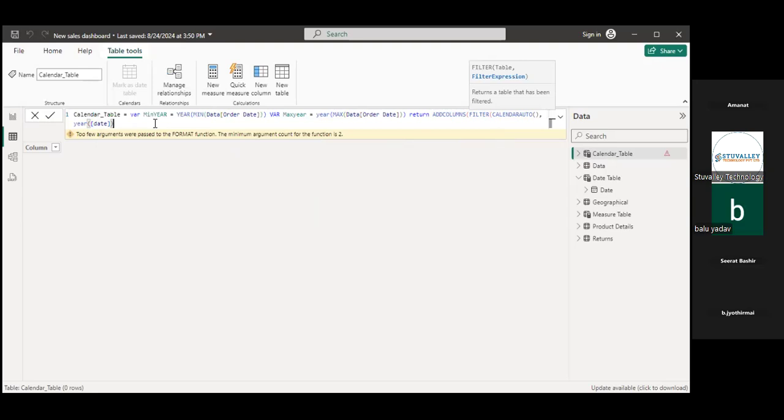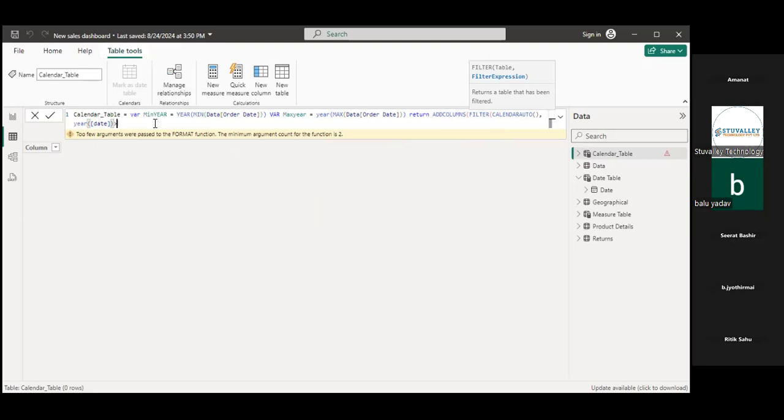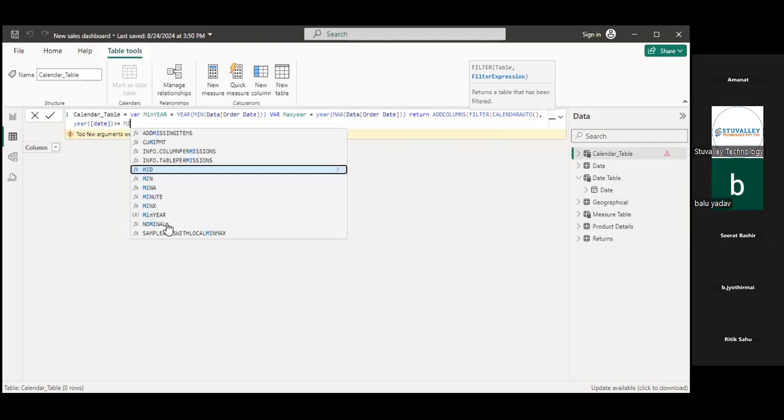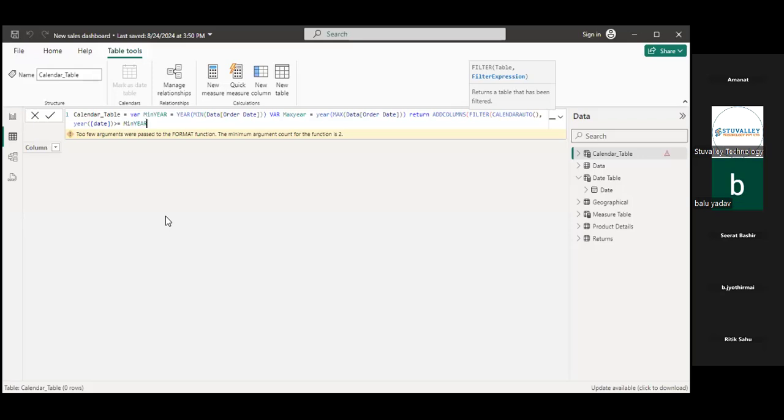Bracket close, greater than or equal to minimum year, minimum year, and